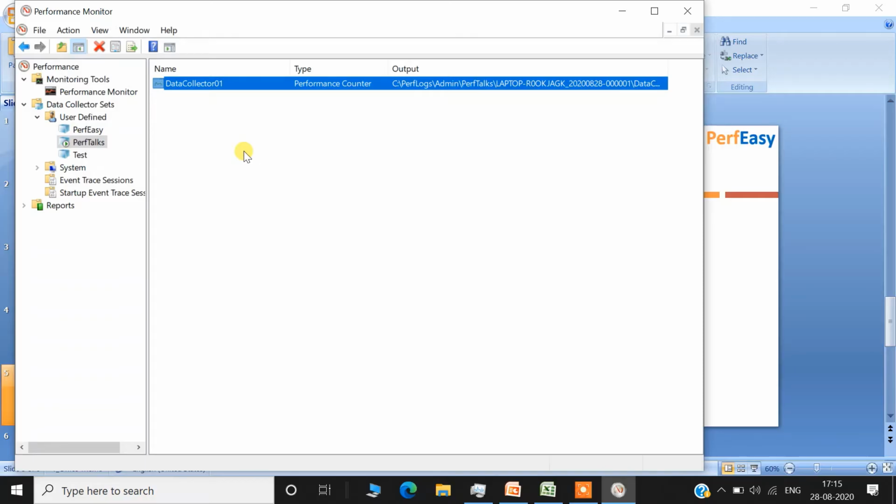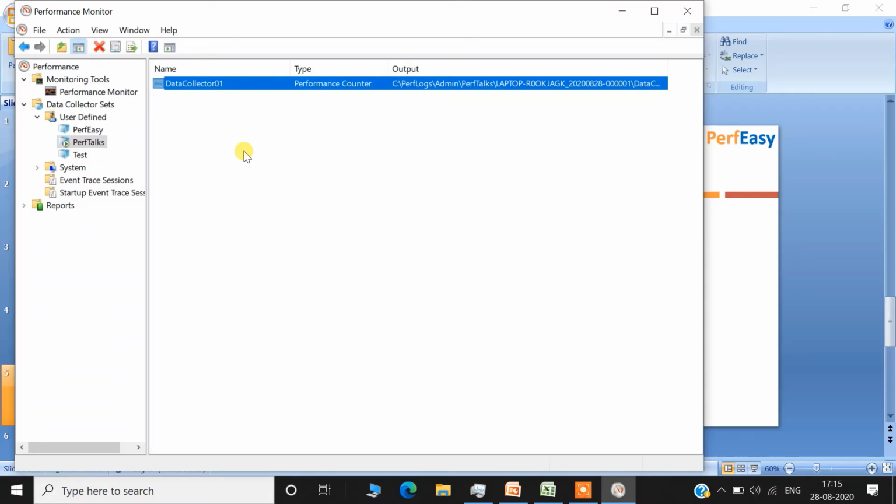Now go to your tool, start the load test, let the counter keep on running for that duration. Once the test stops, let the counter still run for a few more seconds or few more minutes. Then stop the counter once a few minutes or a few seconds have elapsed from the test completion.